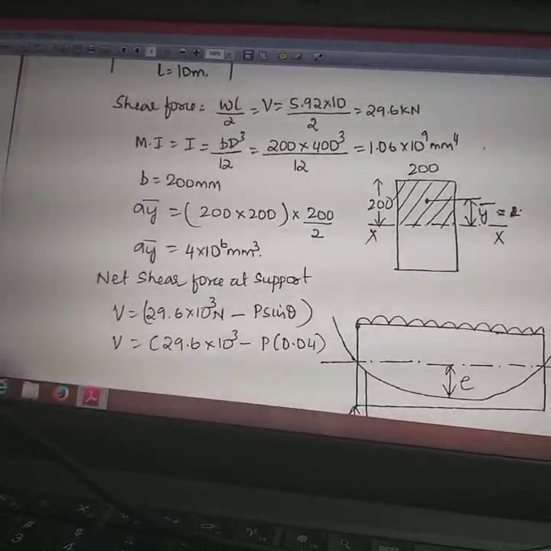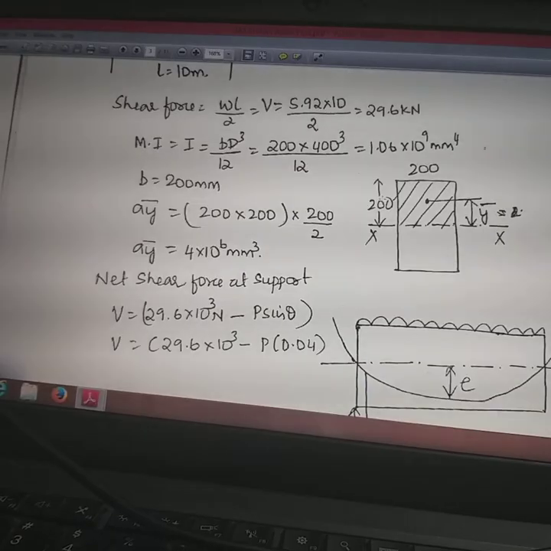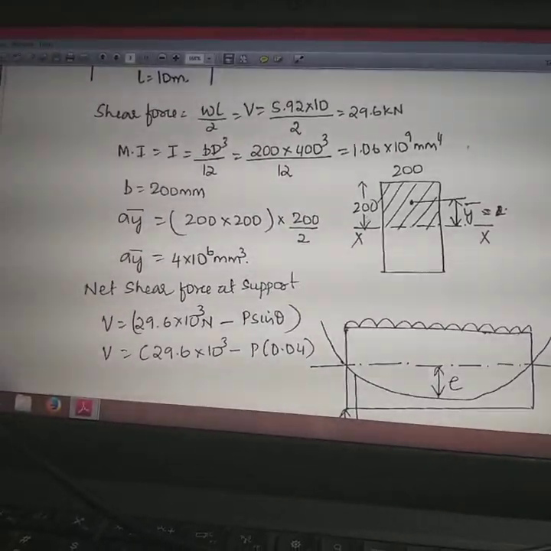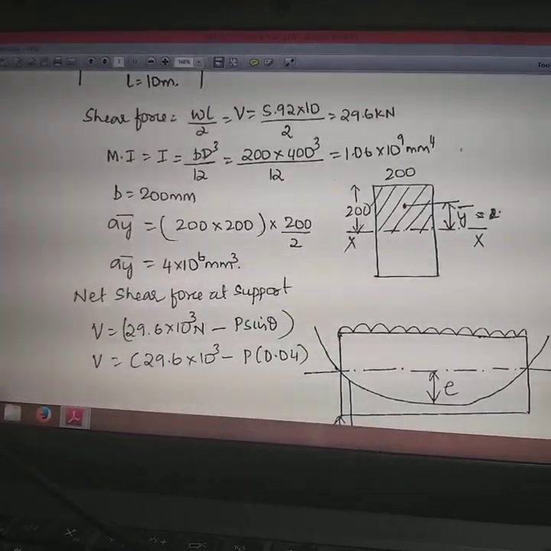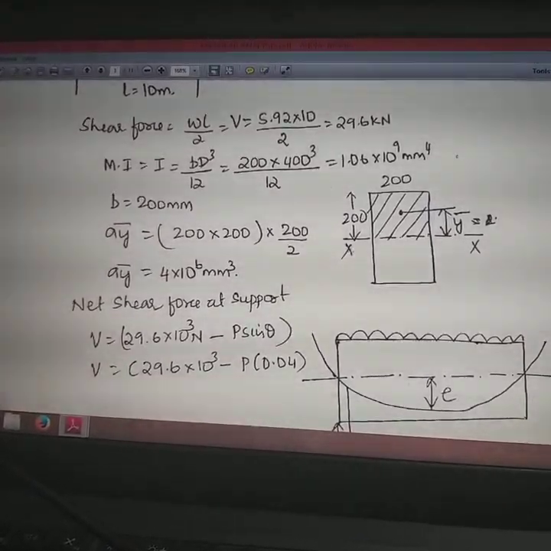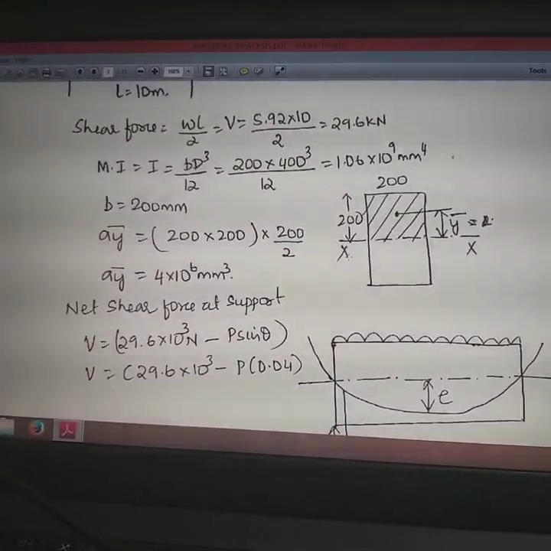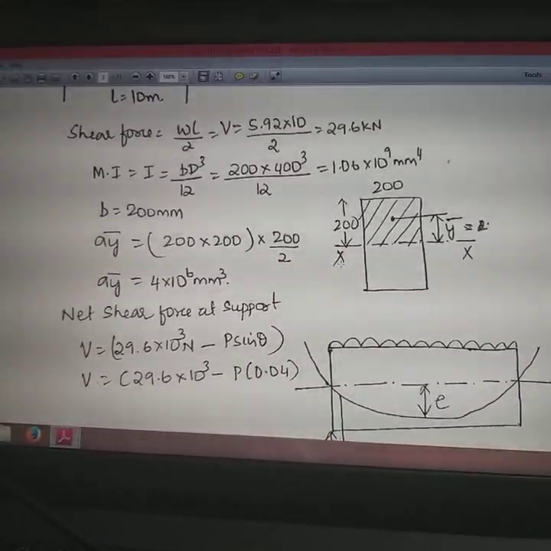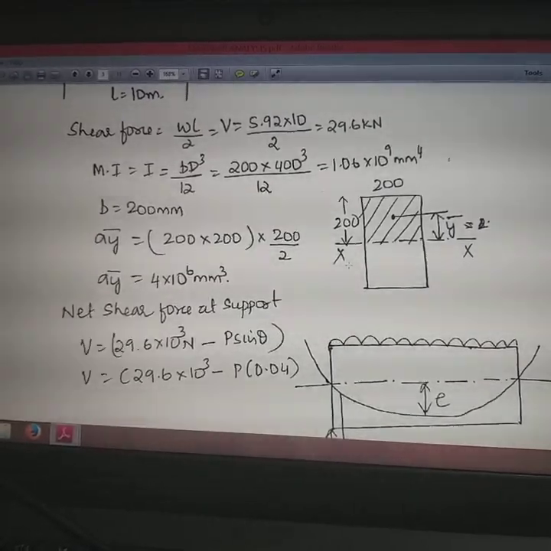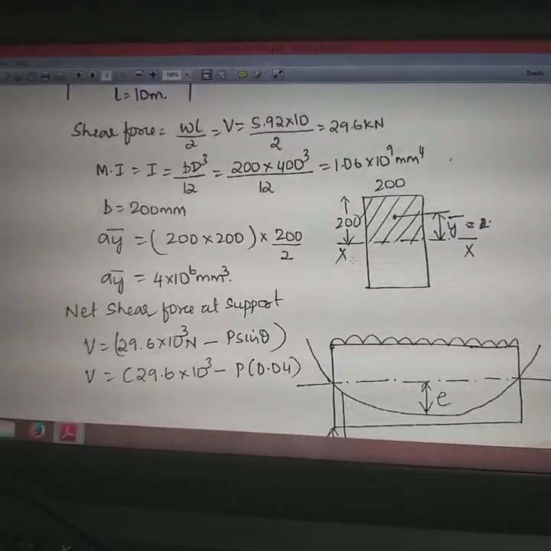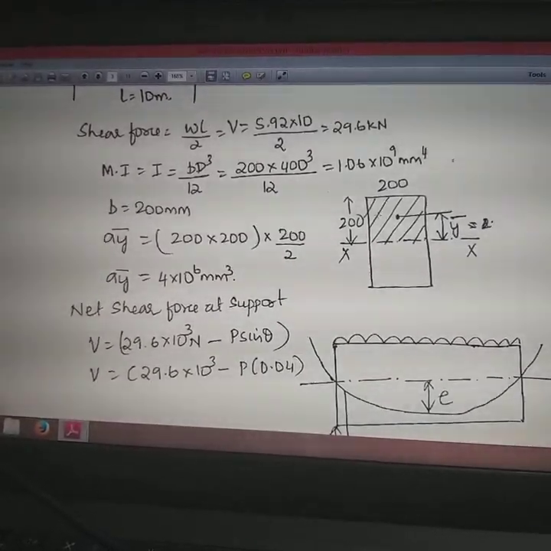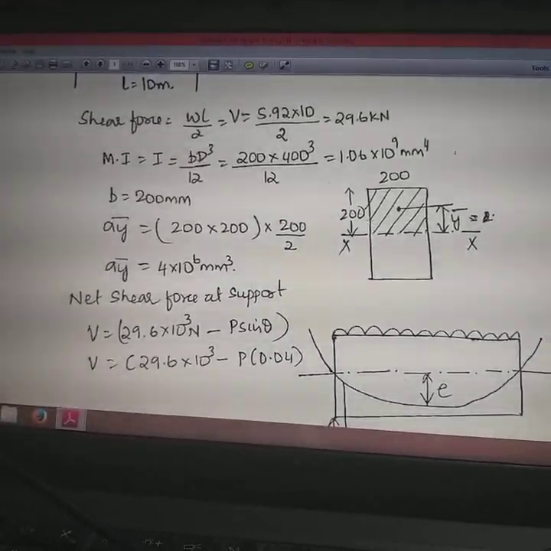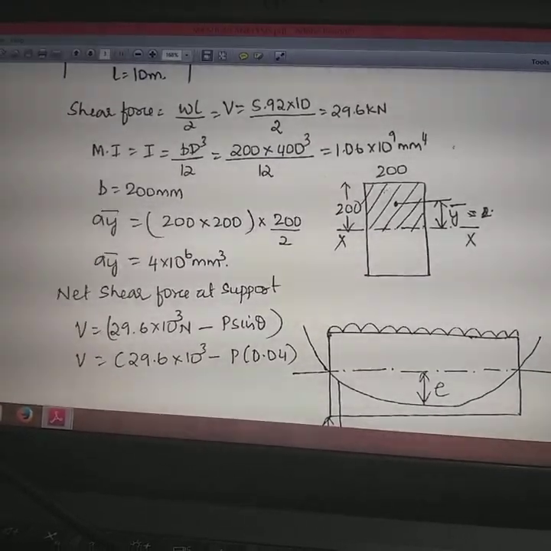In the previous video I explained the concept of cracked section and uncracked section. Here it is very necessary that we solve the problems only for the uncracked section. So please store it in your mind that we are solving the numericals only for the uncracked section. We are not solving any numericals here for the cracked section. Therefore we are considering only the uncracked section in the given cross section of the beam.